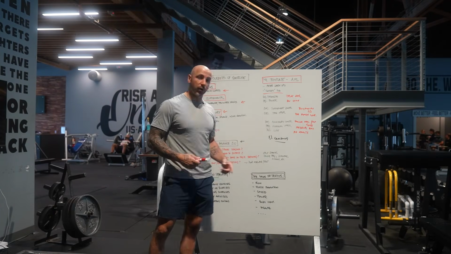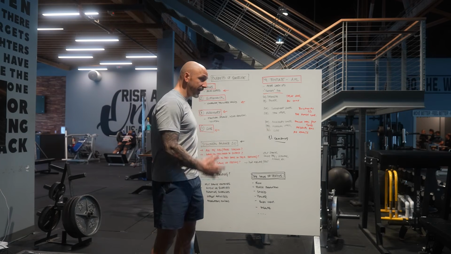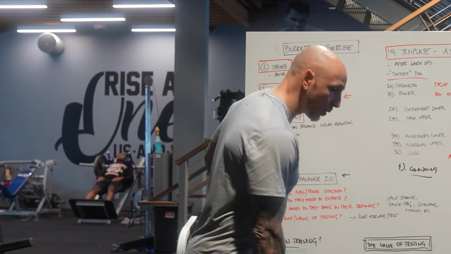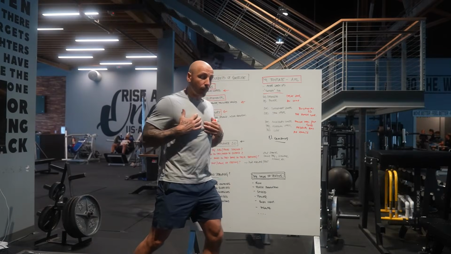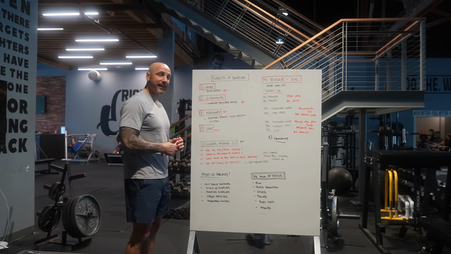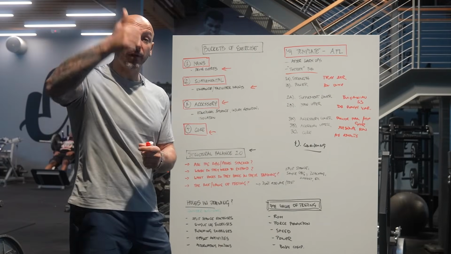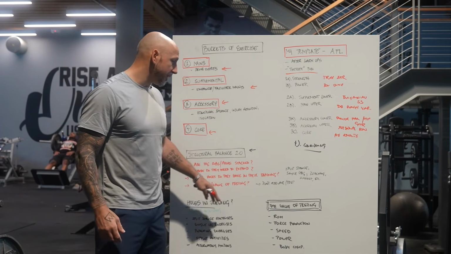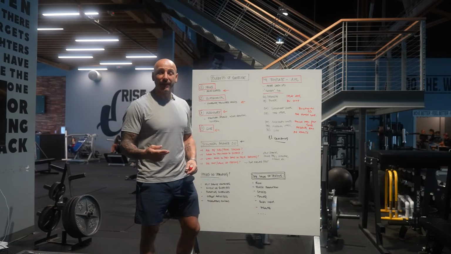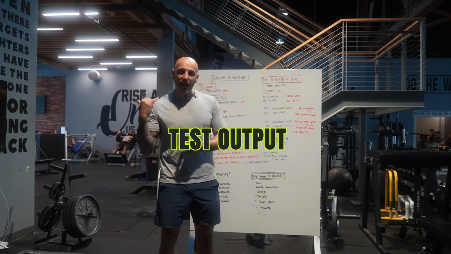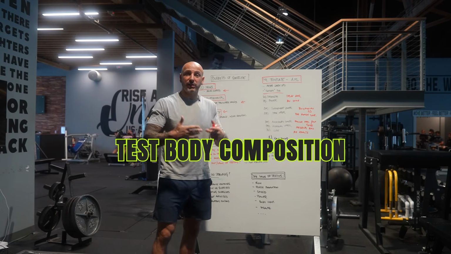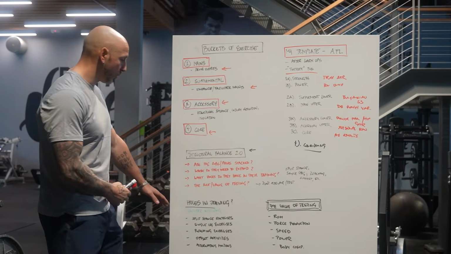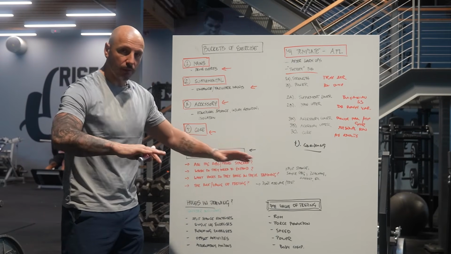Do they need more offset work, right? We're all rotated a little bit. Are we using implements to offset us to work internal rotation of the hip to get more rotation in our upper back, right? And the thing is, if we fix some of those holes, their performance goes up. They move better. They're feeling better, right? And this is the value of testing. Don't assume. Test movement, test outputs, test body composition, test look, test all of the different things depending on what they need, right?